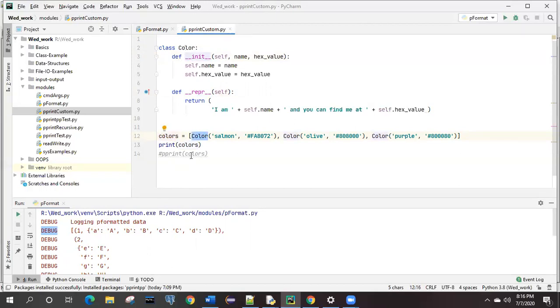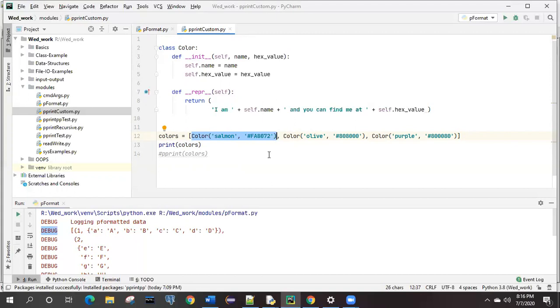If you look over here, this is the first line. In this we are passing two different parameters. The first one is the name, and the second one is the hexadecimal value related to that particular color. You can pass anything, normally how we pass.